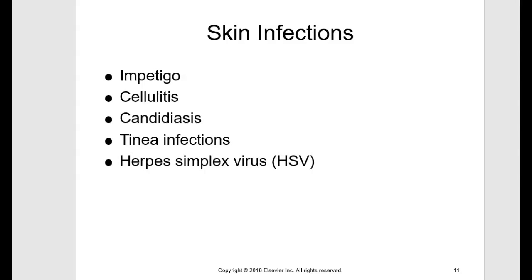The skin's susceptibility to bacterial infection depends on several factors, including intactness of skin. So if there's an opening or if they've scratched open an area of their skin, the virulence of the organism, so how strong it is to cause that infection, and then the child's immune status. Children are susceptible to fungal and viral infections as well. Unlike bacterial infections, which generally respond fairly quickly to treatment, fungal and viral infections can be persistent and challenging to